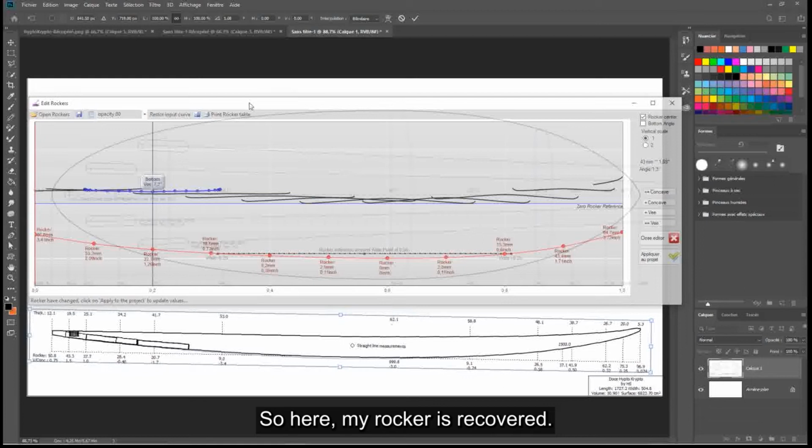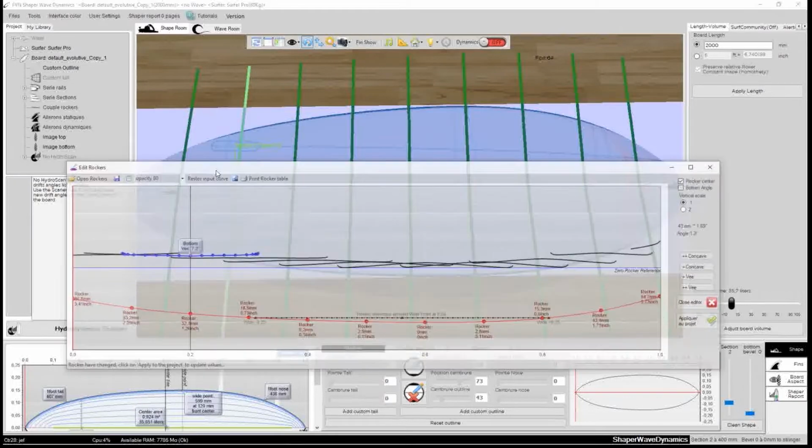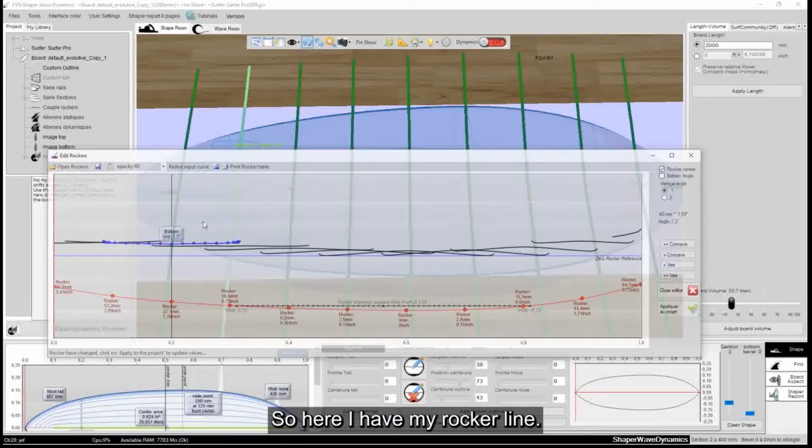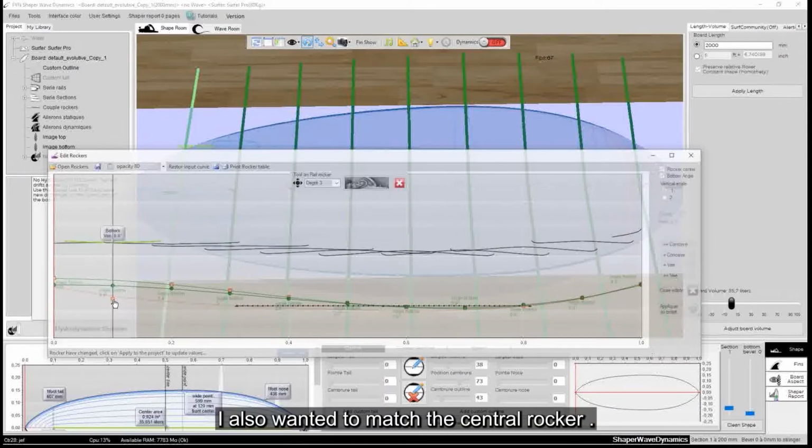So here, my rocker is recovered. I return to my interface. So here I have my rocker line. I will now put the corner rocker line, i.e. the bottom line. I also wanted to match the central rocker.